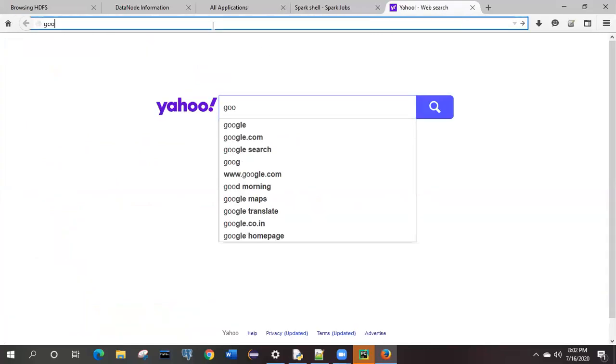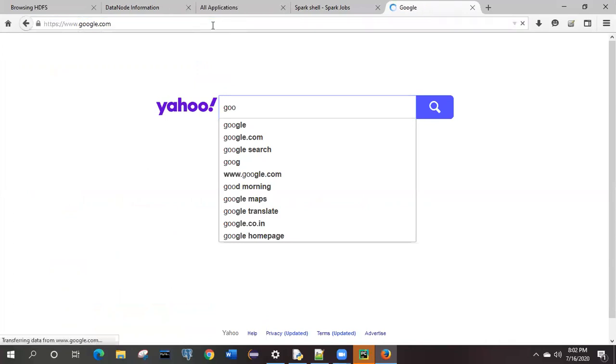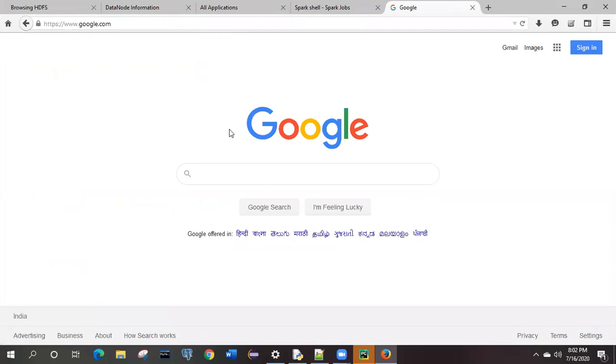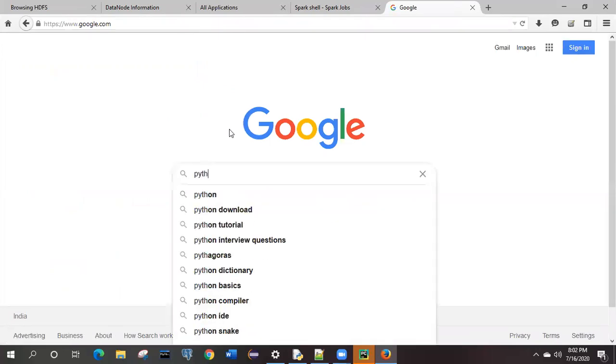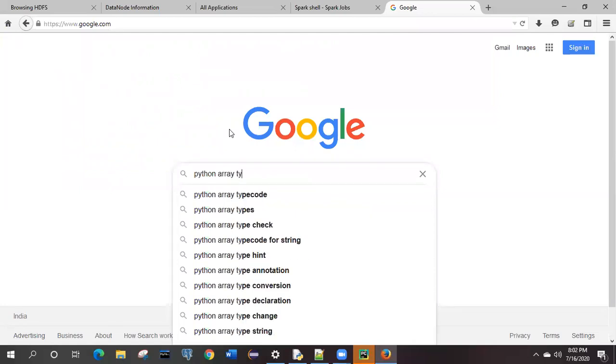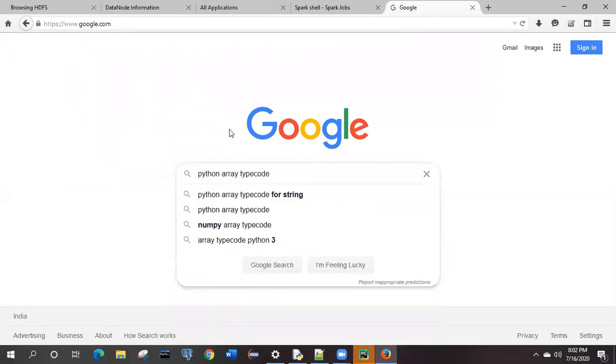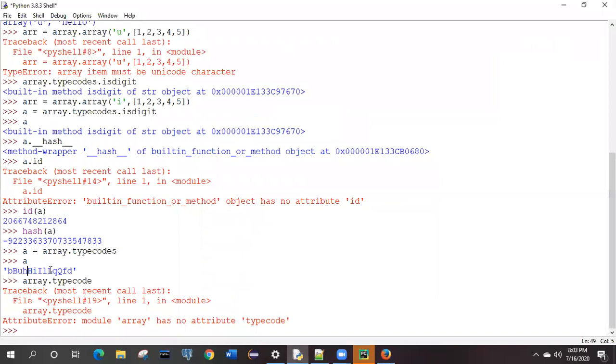It will give you the list of all the different type codes with their uses. For a string, if you type it, it will give you the syntax below.